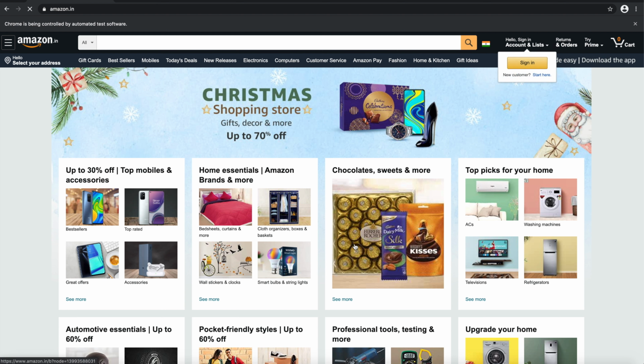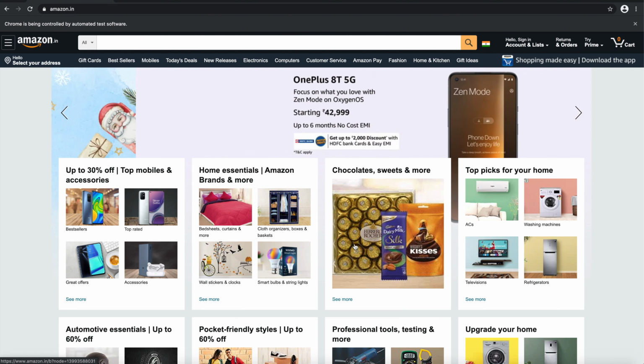So now you can see that the Amazon's website is taking much longer to get loaded because of the latency and the download and upload throughput that we have sent through that particular method. So hereby you can manipulate all the values that you want to. You can even change the connection type to 4G or to 2G or to Wi-Fi, and then you can basically test your website in different network conditions. So it's taking much longer now, and once it's loaded, it will be going to the sign-in page, and then the script will be getting completed.